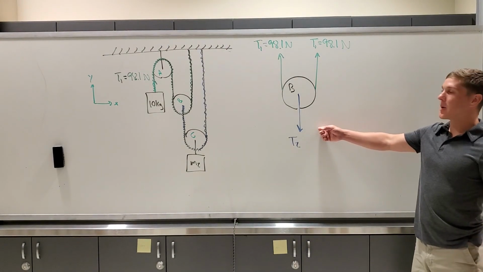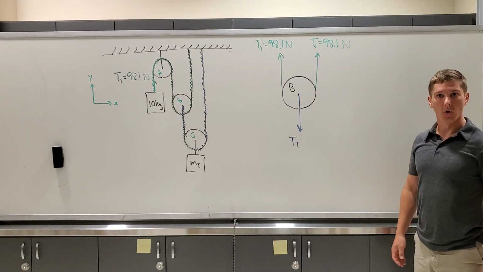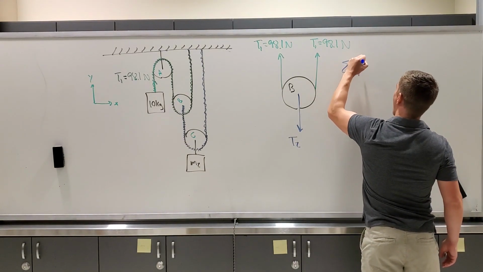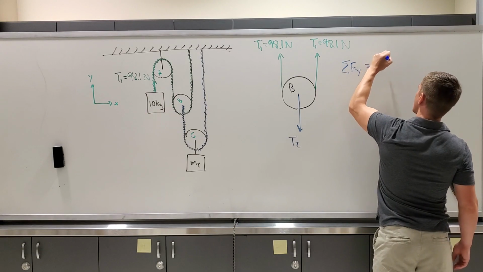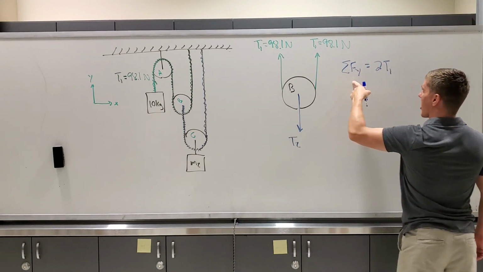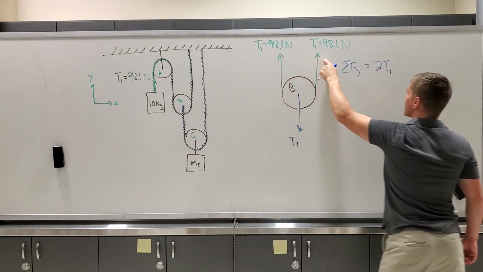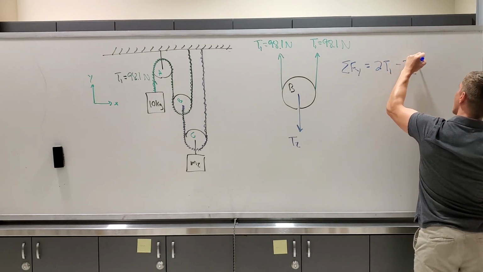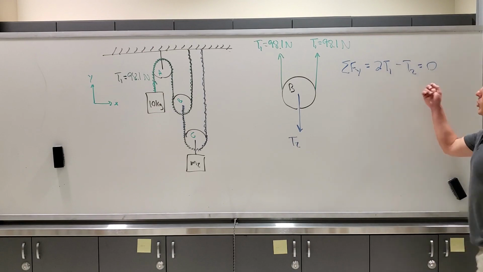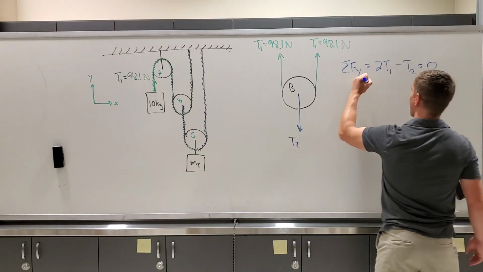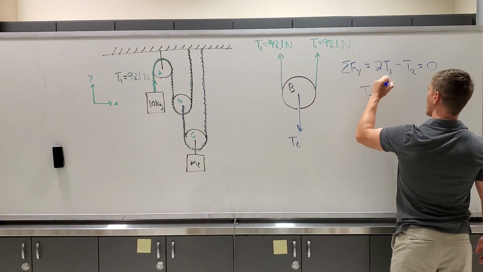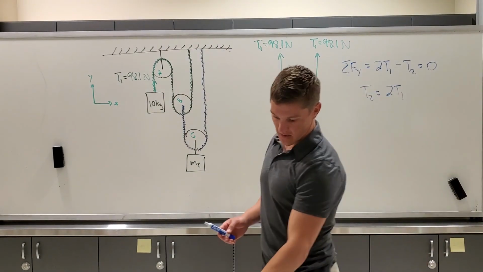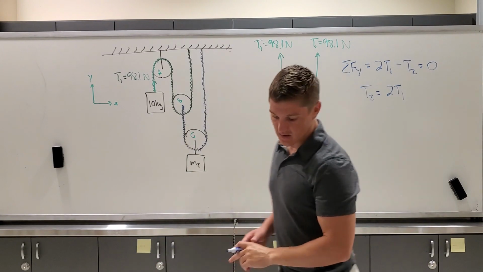Okay? Once again, this becomes a simple one-dimensional particle equilibrium problem. So the sum of our forces in the y direction is going to be equal to 2T1, which are both directed upward, because we have a T1 plus a T1, minus a T2 is equal to 0. This is a simple algebraic problem to solve. We get that T2 is equal to 2T1, which we can plug into our calculator, and we get that T2